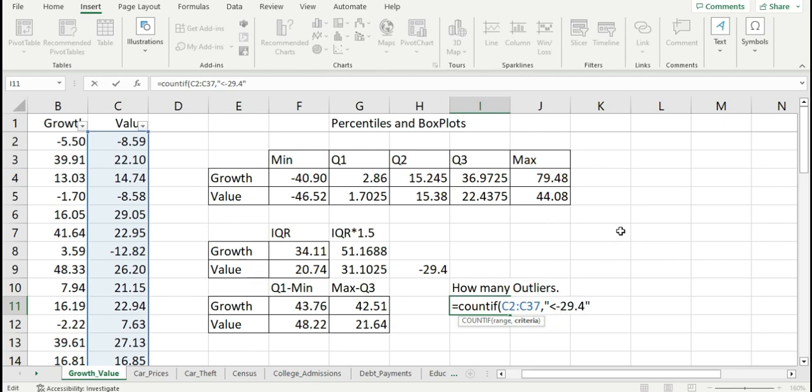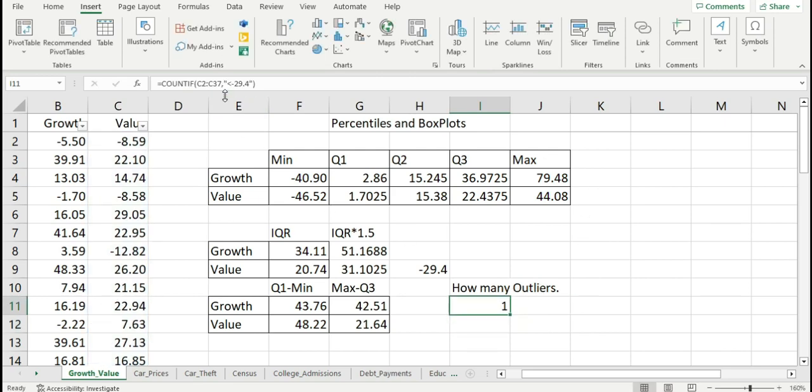I mean greater than, let's check. Okay, less than 29.4. This will be less than 29.4. So if I edit this one, if I put here 30,